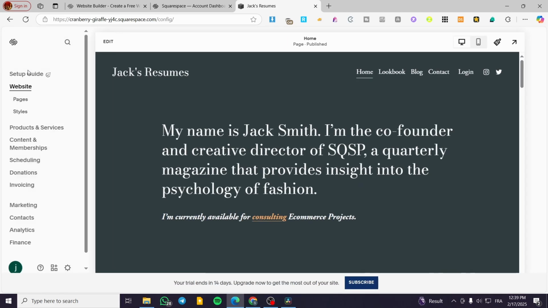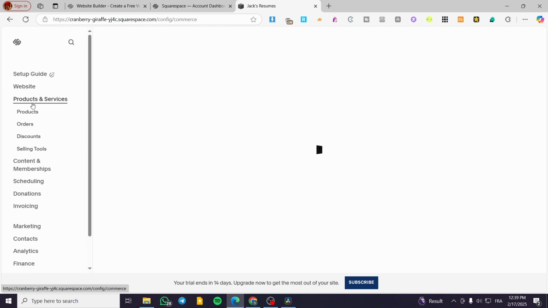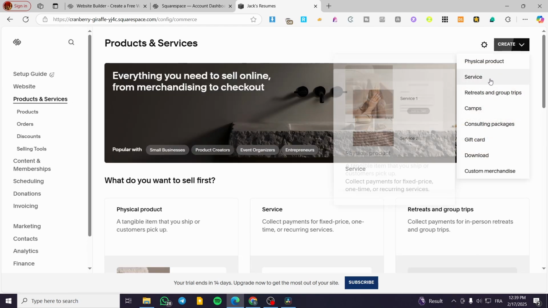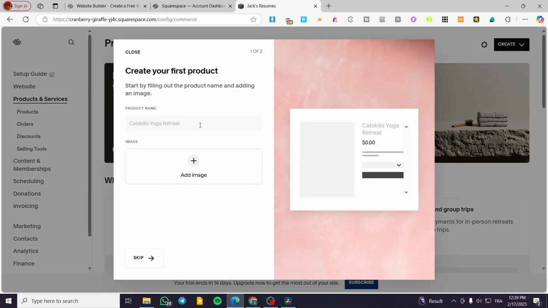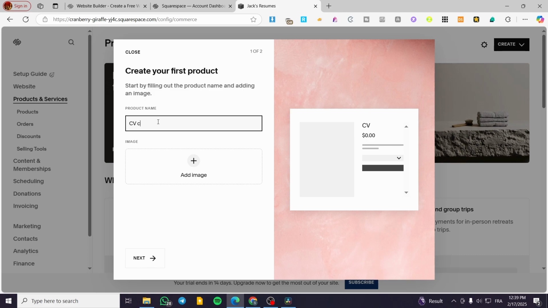Now you can go ahead and head over the home. Then you're going to head over the products and services. You can create here, for example, a service for something like here creating some, let's say here resumes, creating, for example, something that is related to your project. For example, I'm giving you here the two sides of work. So either you are going to use it for creating resumes, or it is going to be your portfolio slash resume viewer. For example, here we are going to add the product name like CVs creation,